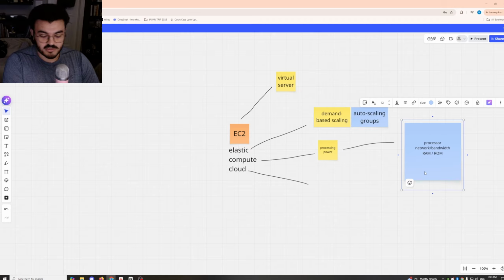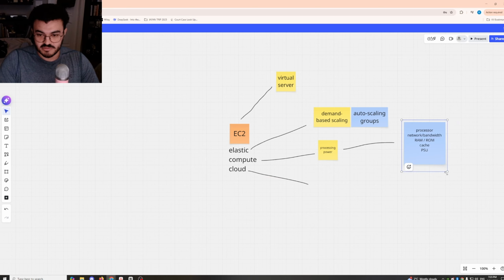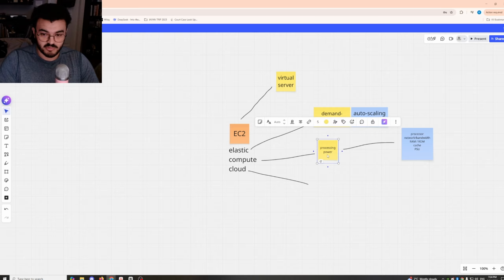There's also something to be said about cache and caching. What else relates to processing power? Power requirements, like power supply. So there are a lot of pieces of this puzzle when it comes to processing power, and it's the beauty of cloud that you don't need to think about all of these things regarding processing power or compute power.